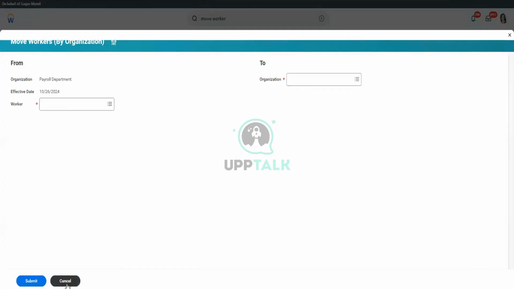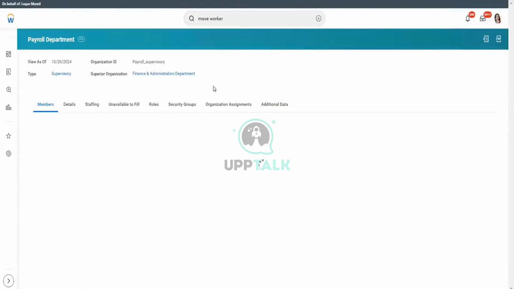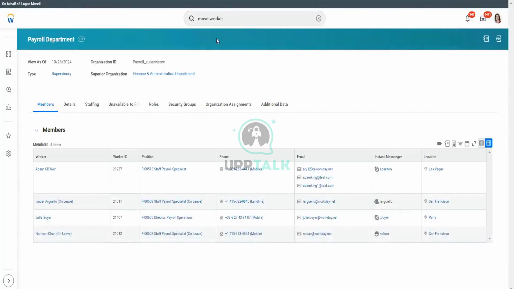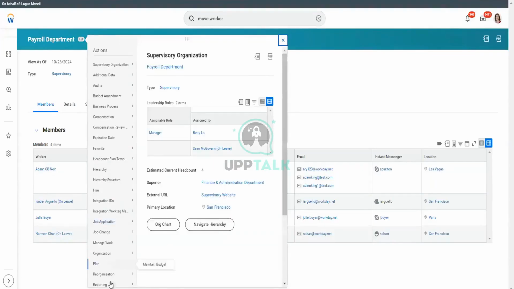What is one thing that is different from move worker by organization to move worker by supervisory organization? We get a clear picture of who are hired or who are not, who are hired in the payroll. When we get the clear picture, these are the people who haven't joined yet, not in this one which you just showed us. This is basically an overview of the payroll department supervisory organization. The actual view will be, let me take you there. The actual view will be